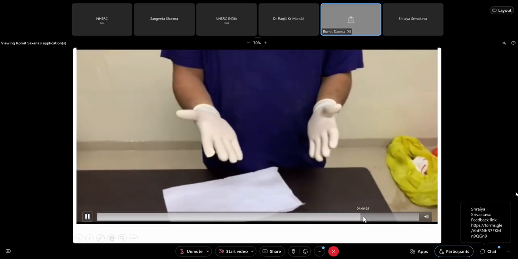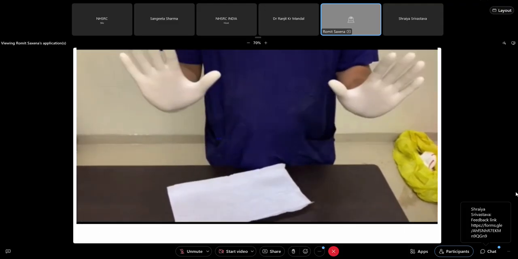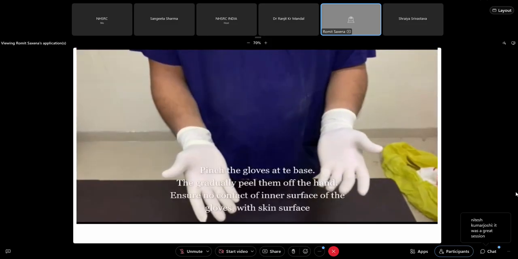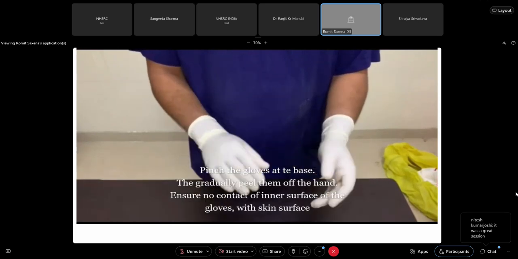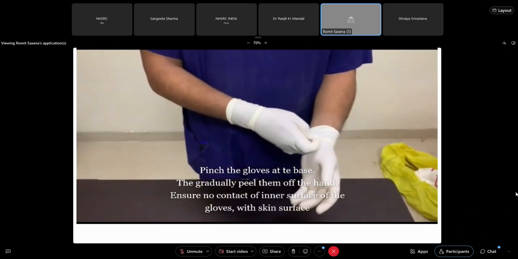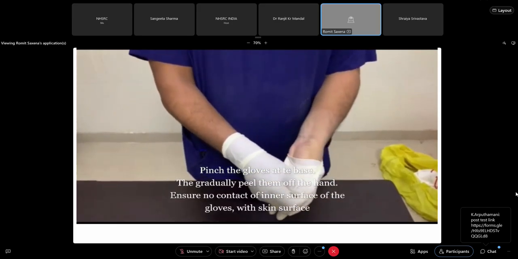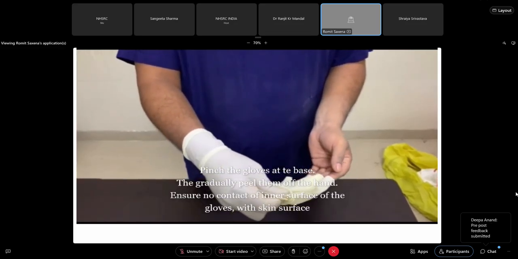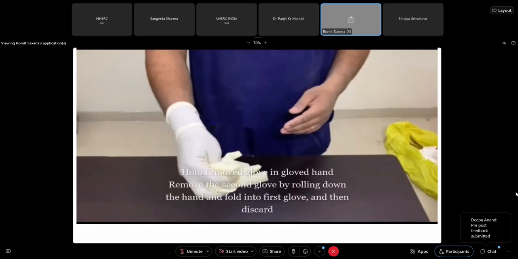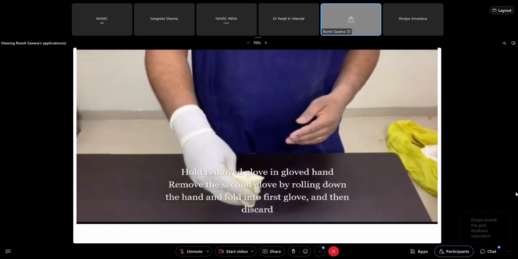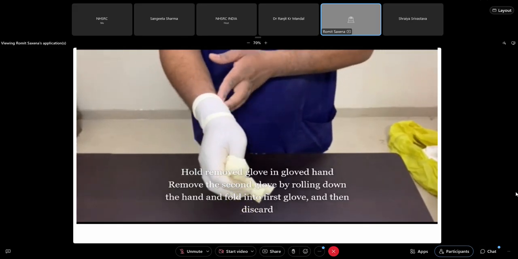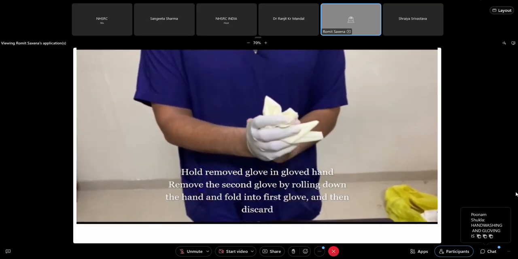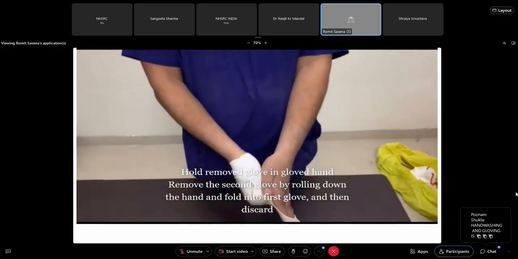Right? Now, another important thing to understand is how to take them off. So now you've examined a sick patient. Pinch the glove at the base in one hand and peel it off. You are not touching the inside of the glove now. At this time, the inside of the glove is contaminated with sputum or something. Put it in a roll in the other hand. Now again, don't touch the inside. Insinuate the hand inside and put the glove on top of the other. Just roll it out.